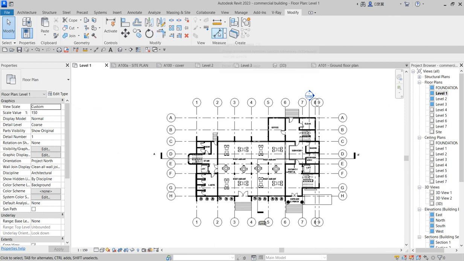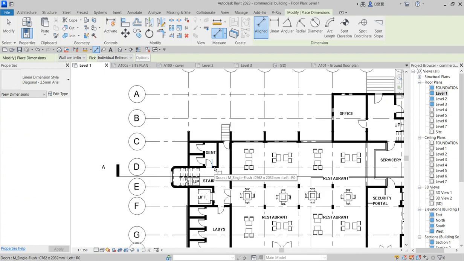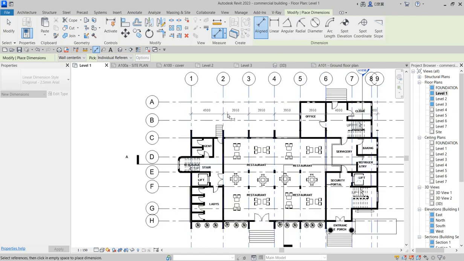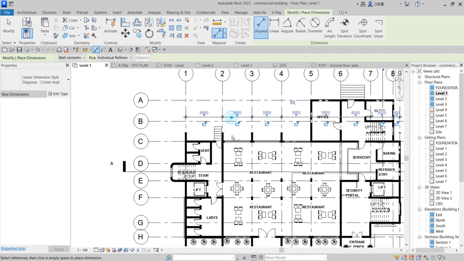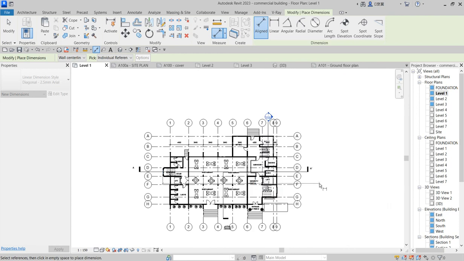So what next to do is to start putting dimension into it. There are 3 dimension modes in this thing. So the first one is that you can do dimension individually like this. Put all your dimensions individually, which is good. Then you check the edge to edge dimension, the